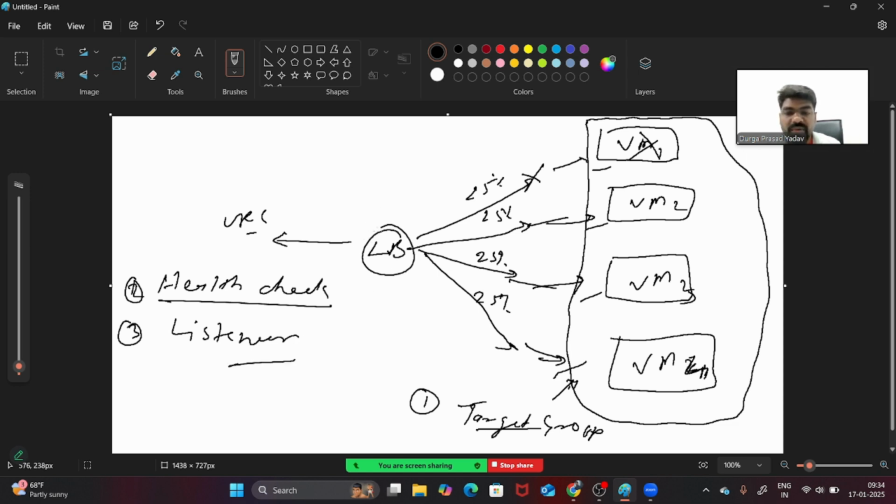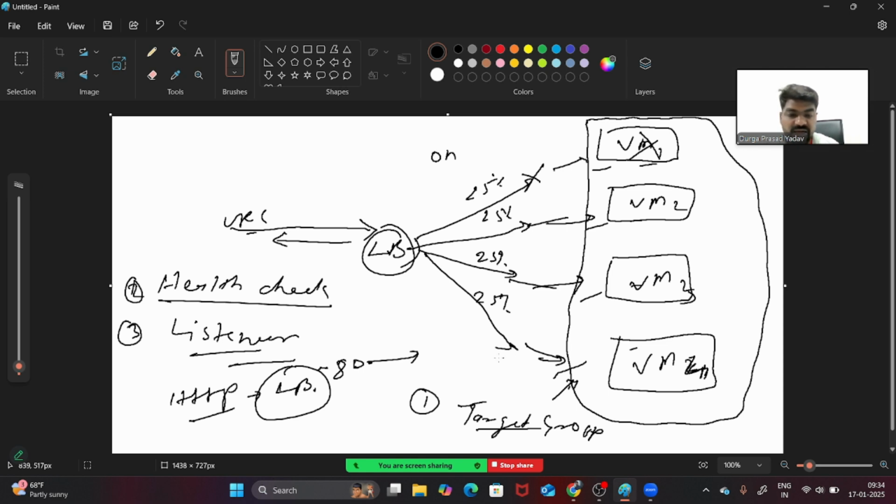So this load balancer and virtual machines, they are all listening on some port. If traffic is coming to this load balancer, you need to allow a listener. If traffic is HTTP, it should be allowed here with the load balancer itself. In the load balancer, let's say you are keeping HTTP port 80 here, so now this will be listening